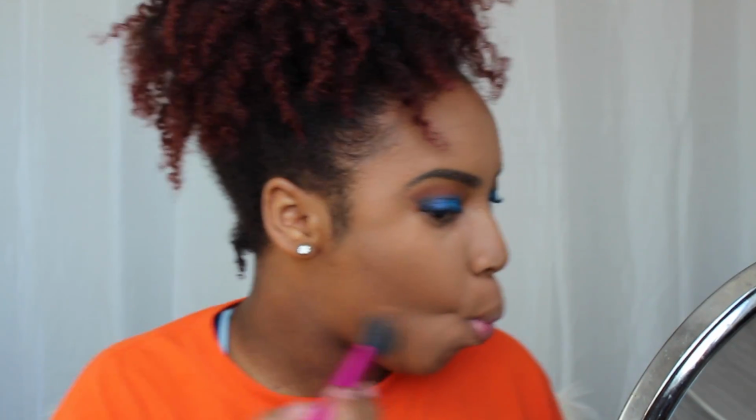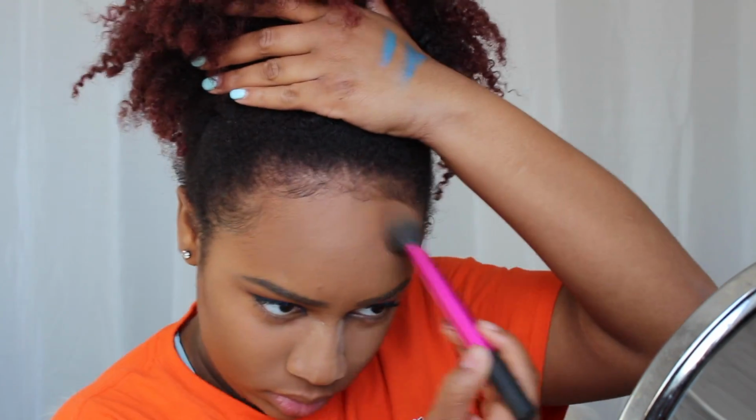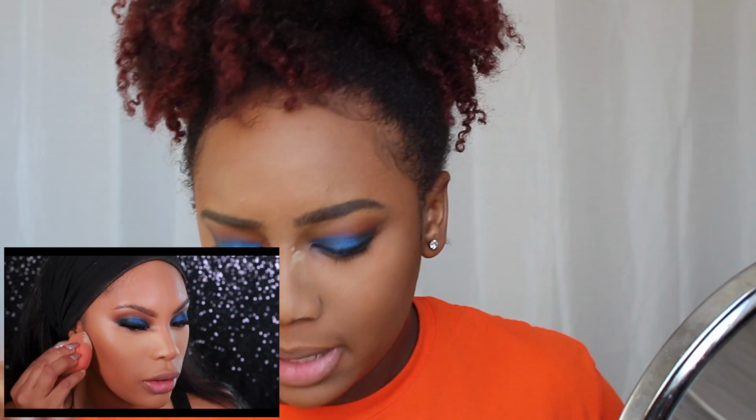So I'm gonna use my Black Radiance True Complexion contour palette in medium deep. I'm gonna use my Real Techniques contour brush. So I mixed the contour shade with the scoop shade because I feel like the contour is a little dark. She said make this face. She also put the banana powder under her contour. So